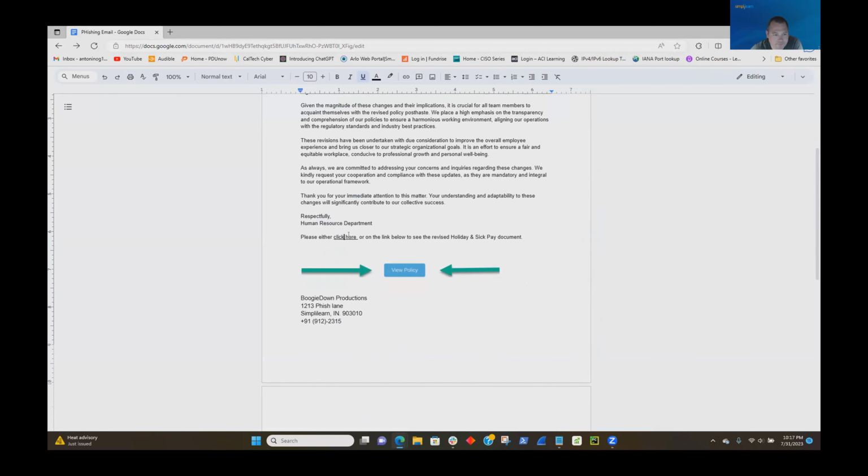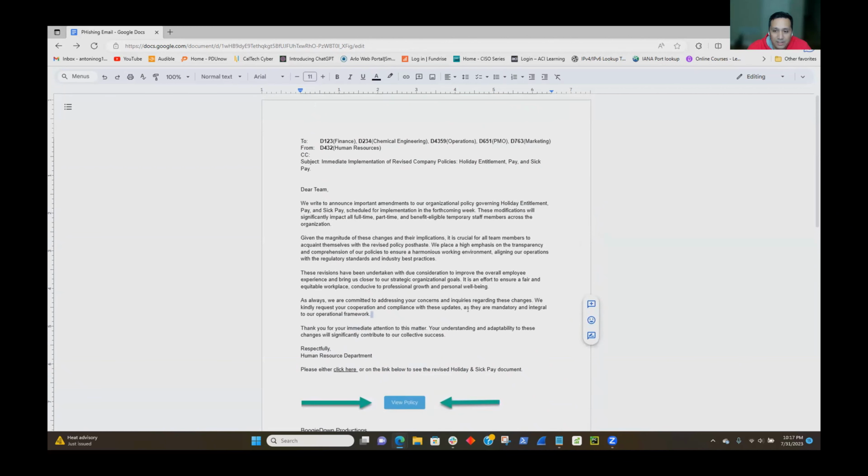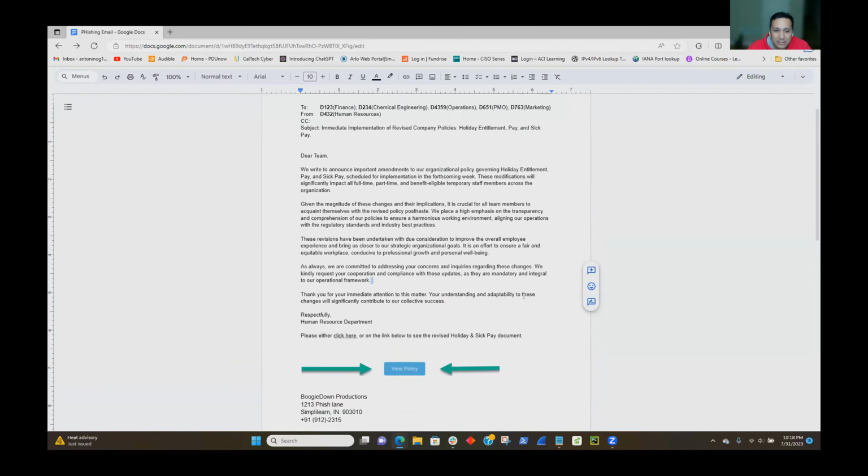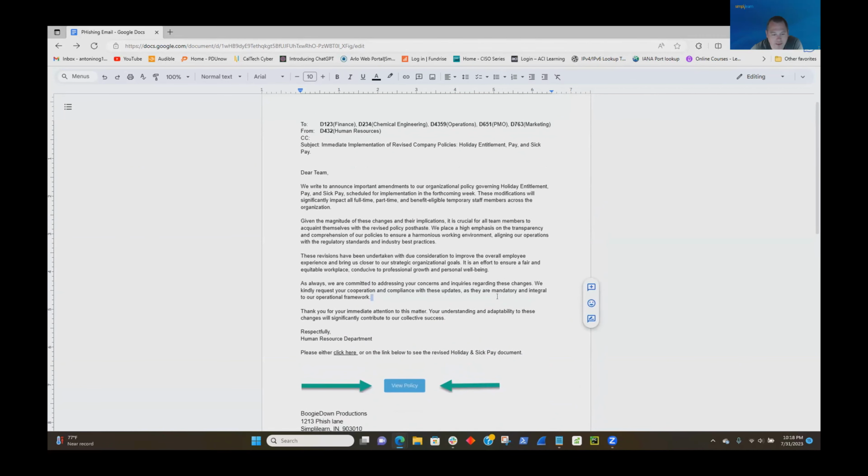Very good. I don't know the code behind here. I wish I did, but that's about as good as we got for our phishing email. You could probably right click the graphic and insert a hyperlink or something like that, but